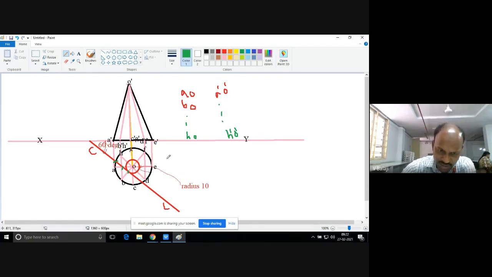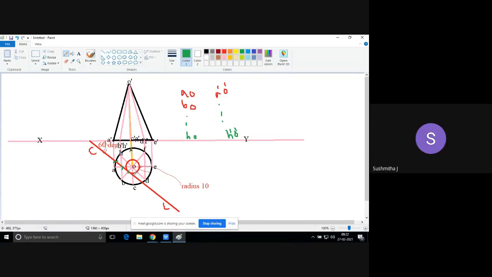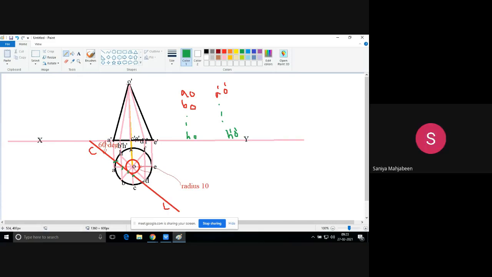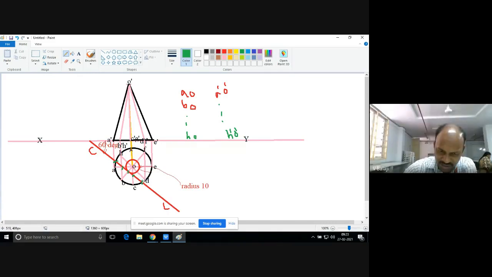Now, where is the next cutting point you can find? CO. Very good. Tell me what is the next important point? Lastly, CD. Very good. In between C and D. CD is not a generator. You need to understand, CD is the base circle. Are you following? Is there any other cutting point you are finding in the top view? No. So 1, 2, 3, 4, 5 cutting points we got.